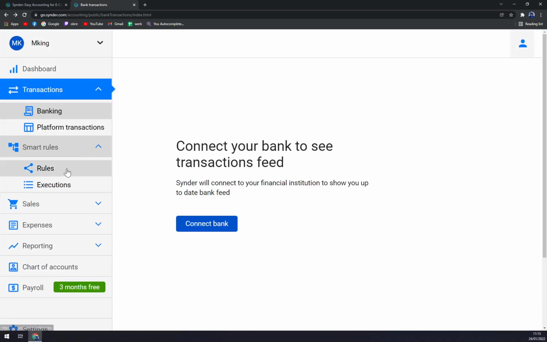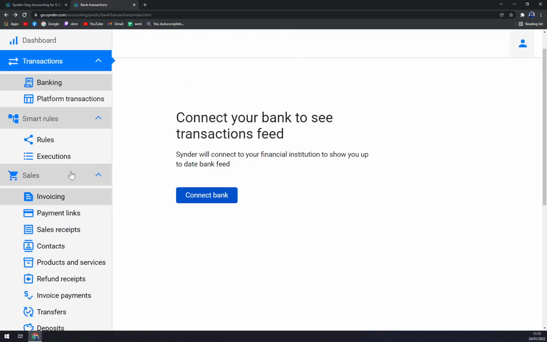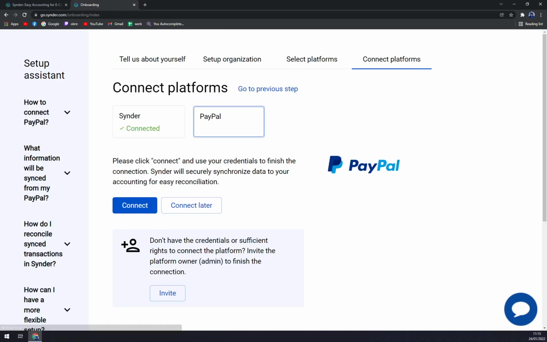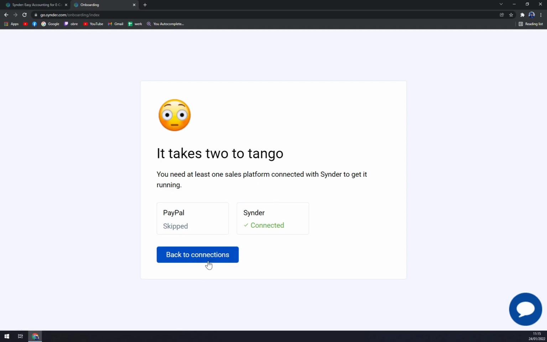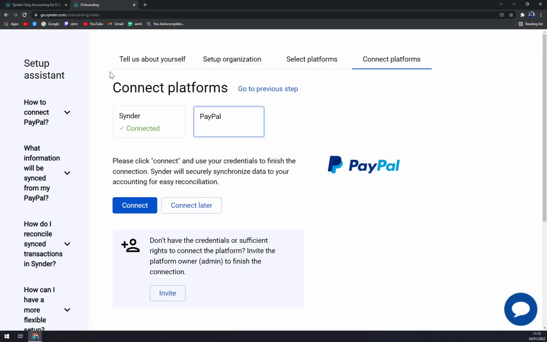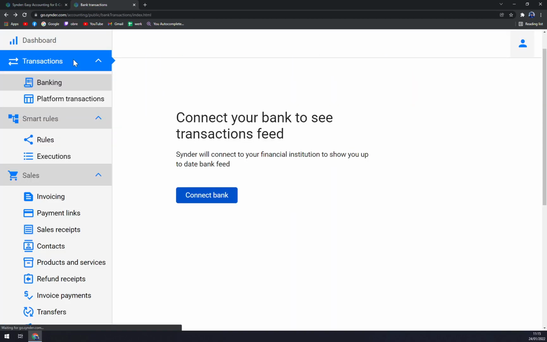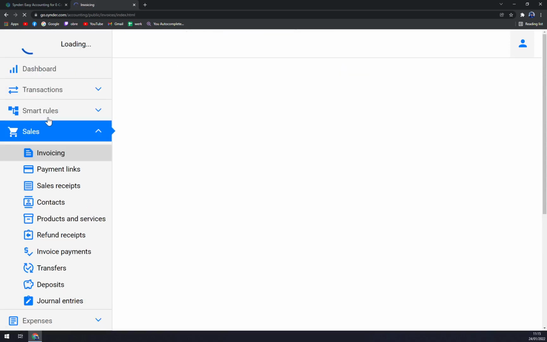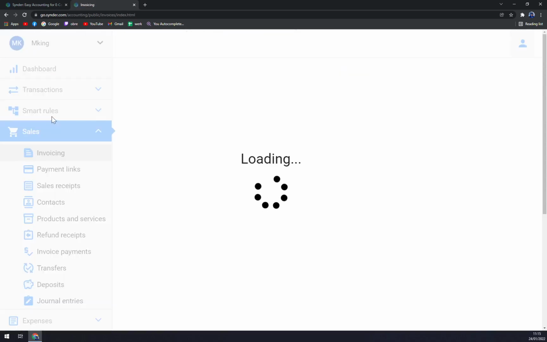Then we have smart rules, sales. In smart rules we have rules and executions. But first, as you can see, we have to connect to PayPal or just connect it later. Back to connections, they are really built around the fact that you will connect your personal bank info and then proceed. We have invoicing, which is basically the basics, or the start of